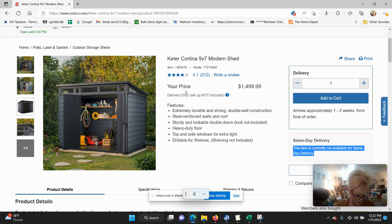And again, let's look at it from the buyer's perspective. This person comes and spends $1,200. If they don't have a Costco membership, then they can't even get it for the $1,623. So if they're going to order it off of Amazon,